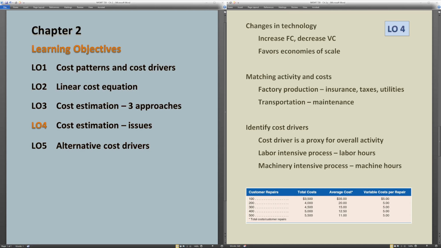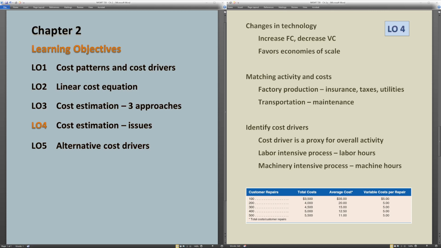So if I go down to 200, I'd say 200 times $20, the average cost is $4,000. The variable cost is still $5 per. So 5 times 200 is $1,000. I subtract that from the $4,000. Again, it shows the fixed cost is $3,000. So if the fixed cost is $3,000 for each of these, for 100, 200, 300, 400, and 500 repairs, notice